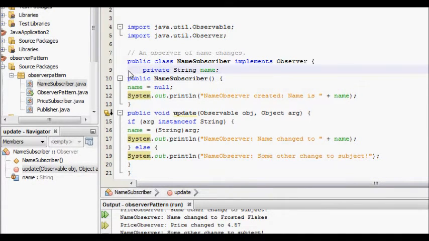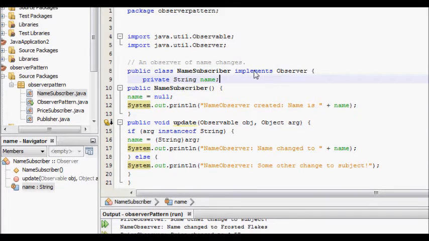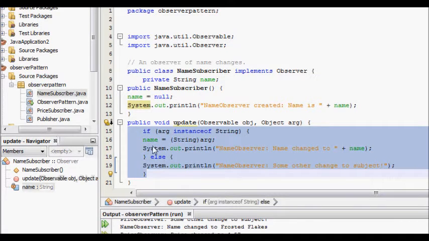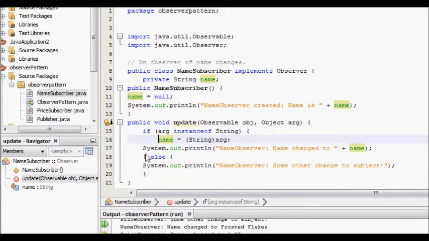Similarly, let's look at the name subscriber. Here, in fact, I have not written the code well, so let's see. In the name subscriber, again it has the update method.